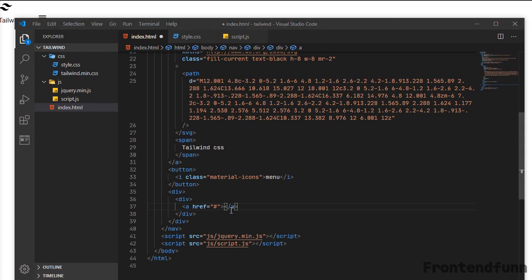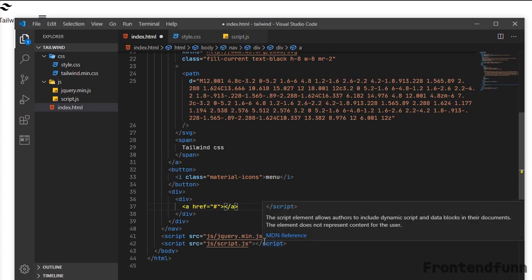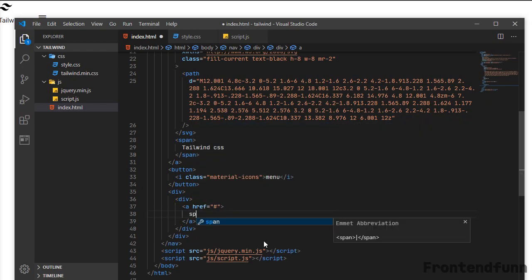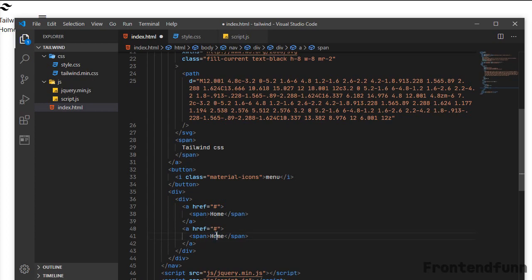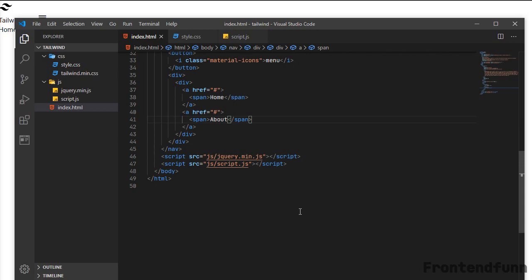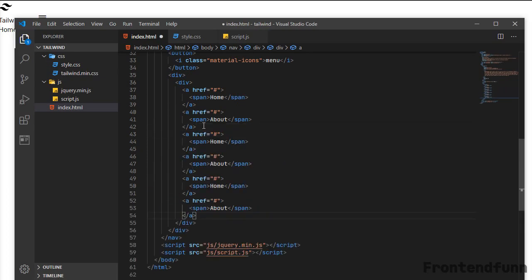So inside each anchor I'll be writing a span: home, about, so I'm just adding a few links here: services, gallery, products, and finally contact us. Okay, so these are the links.